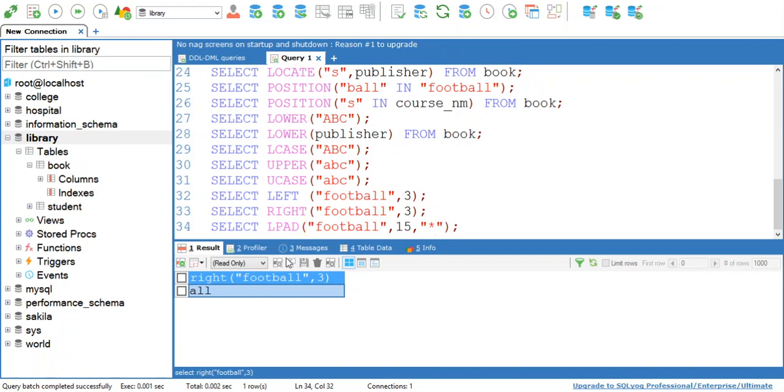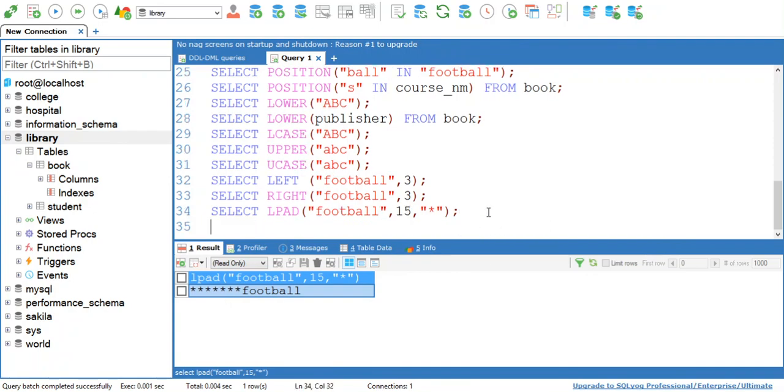Okay, so when you execute this query, see at the output your string size will be 15, and to make that string of size 15, star is padded at the left side. So the lpad function pads the given symbol to the string to change the length of that string.